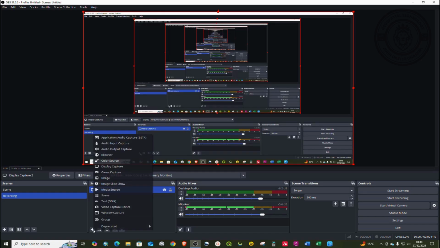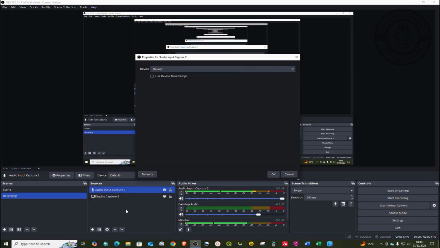I'll also add 2 more. I'll add audio input capture, and then I'll also add output audio, like that. So now you can see we have audio mixers right here,